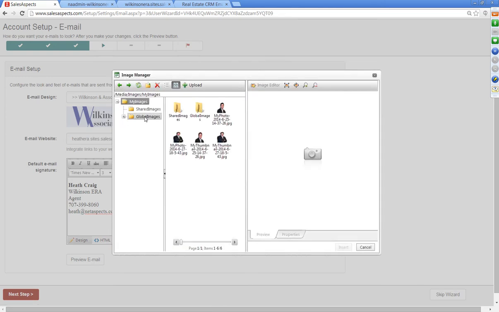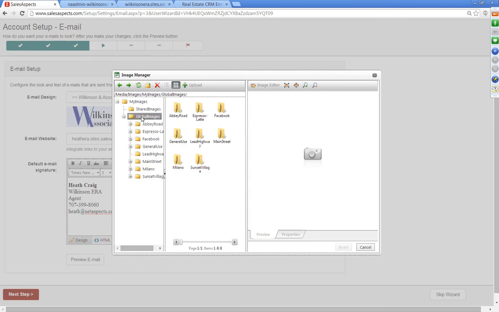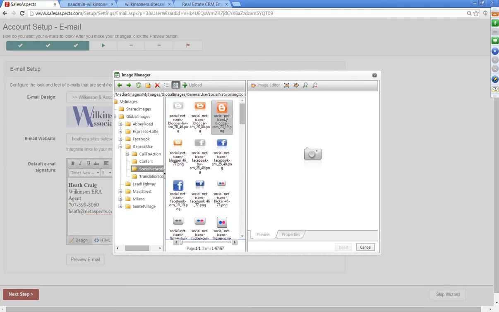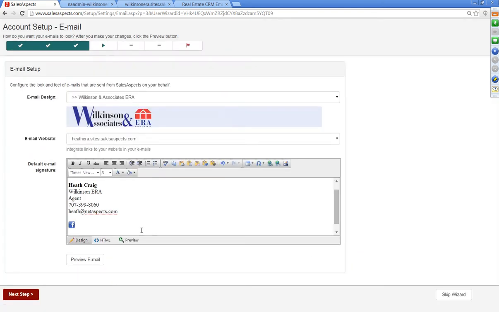And I'm going to go to Global Images here. Global Images. And I'm going to select the General Use tab. And I'm going to go to Social Networking Icons. And I will select a Facebook icon. And now I just highlight that, click over here to the Hyperlink Manager, where I can then create a hyperlink